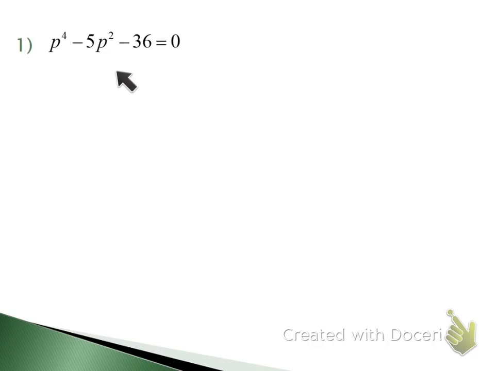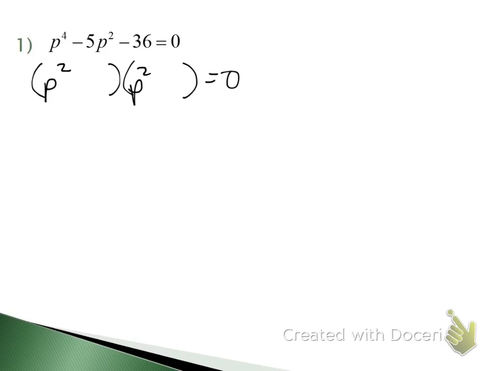So we look up here. See, here's my leading term, p to the fourth, right? See how p squared, isn't p squared half of p to the fourth? Now this equation's not quadratic, but I'm gonna factor it like it's quadratic. So I'm gonna look and see, will this trinomial factor into two binomials? Y'all follow me? So let's see what this is, p squared